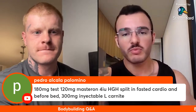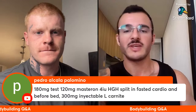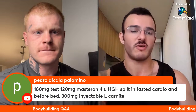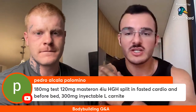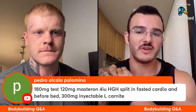So you could probably get away with 125 to 150 milligrams of testosterone. Why do you want to add the Masteron? It's not going to give you, I think, any more tissue-retentive properties than just 150 milligrams of testosterone. Maybe it would cause issues with your estradiol. So potentially look at swapping to daily subcutaneous injections, because most individuals